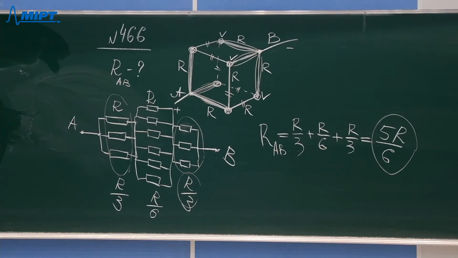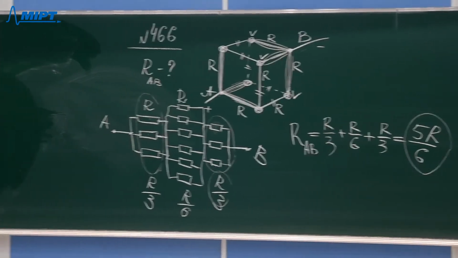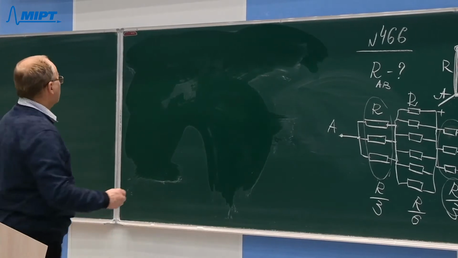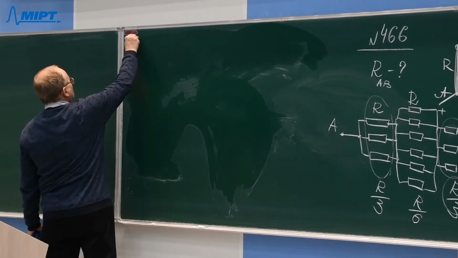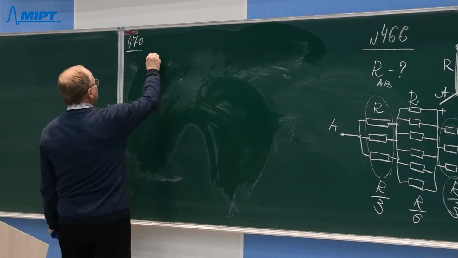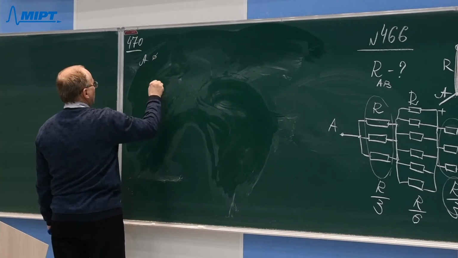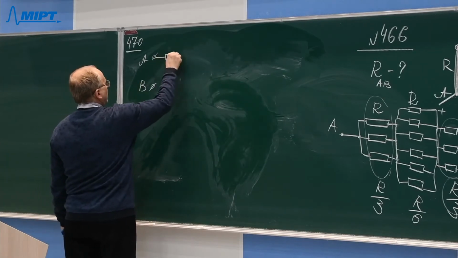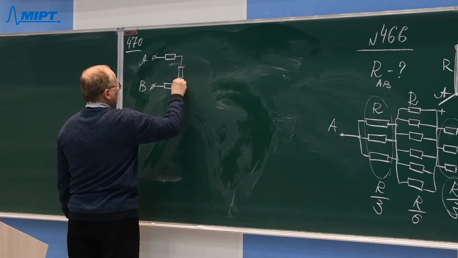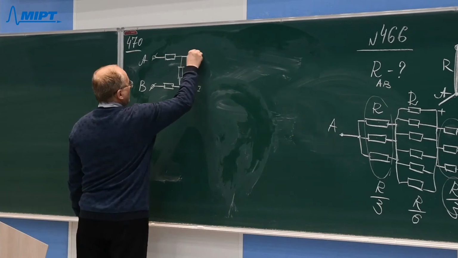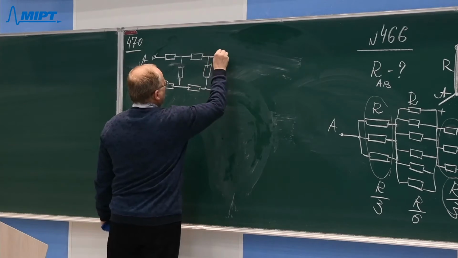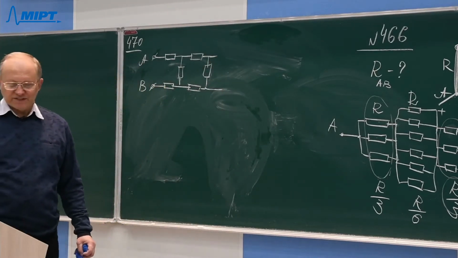Now I will consider the solution of problem number 470. Problem 470 deals with an infinite circuit between points A and B. There is an infinite circuit consisting of similar